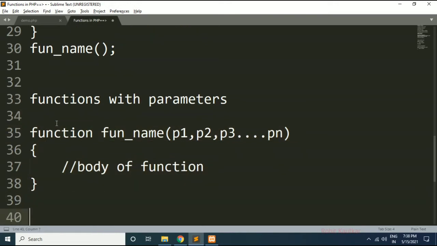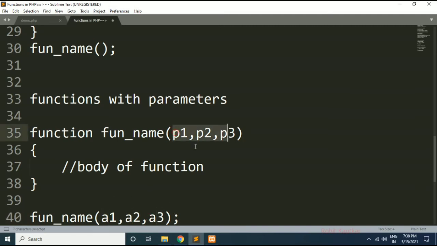Now friends, while calling this parameterized function, you need to pass the arguments. Whatever number of parameters you have specified, that number of arguments you should pass while invoking, while calling a function. For example, I have specified 3 parameters. So whenever I call this function, I need to specify 3 arguments: argument 1, argument 2, argument 3.